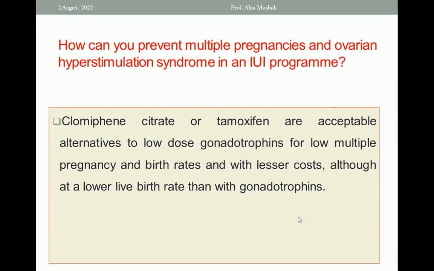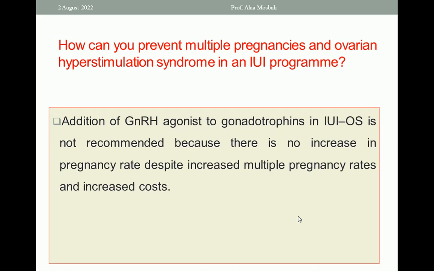Or when we use clomiphene citrate or tamoxifen, which will be acceptable alternatives to low dose gonadotropins, will lead to low multiple pregnancy and birth rate and with lesser costs, although at a lower level birth rate than with gonadotropins. Okay,